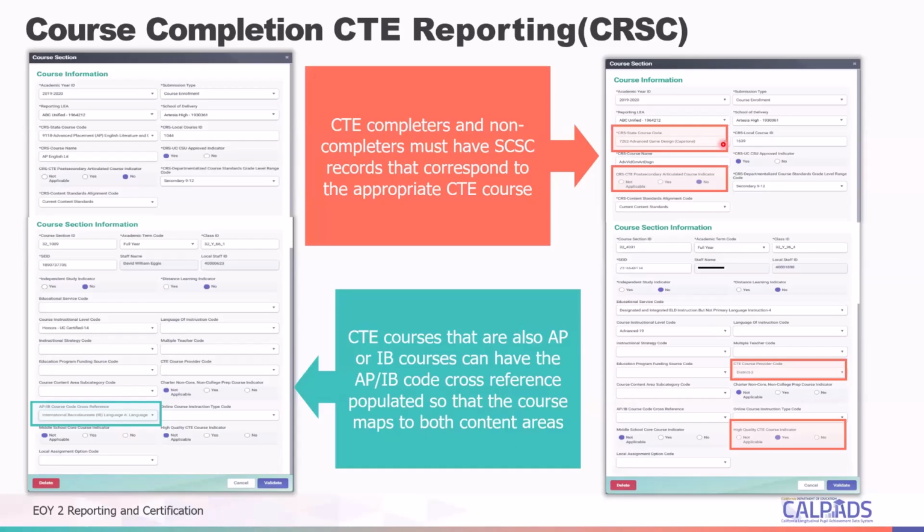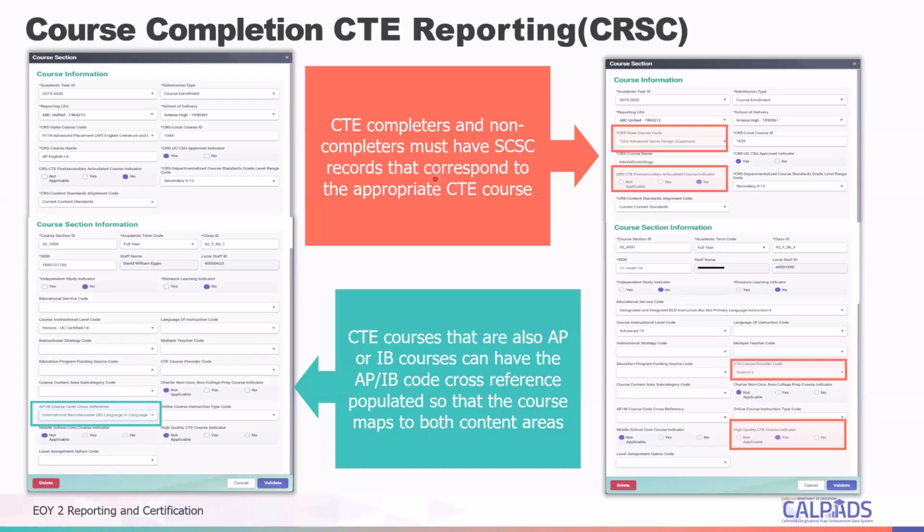So you have to identify the CTE state course code, and then to identify that the CTE course is also an AP or IB course, you have to then identify the appropriate AP IB course code reference indicator, whether or not it's an International Baccalaureate for Language A or whatever appropriate content area is for that AP IB course.